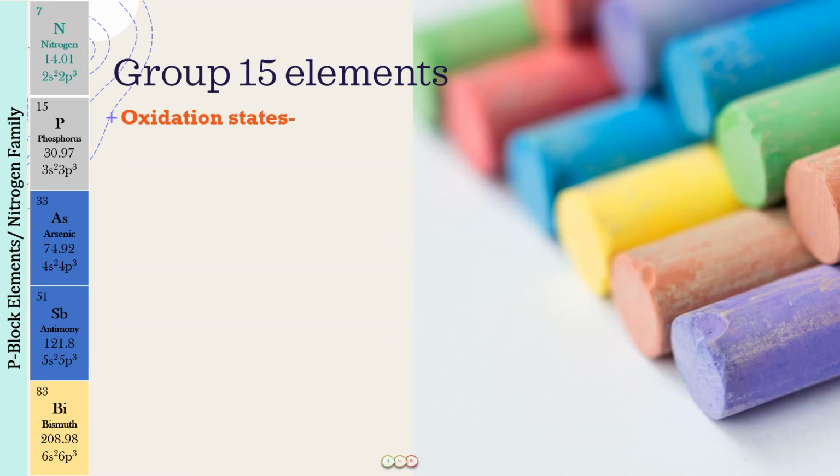All right, now the next important thing is that we have seen so many oxidation states for the group 15 elements, especially if I talk about nitrogen. You have seen that nitrogen is showing all the oxidation states from -3 to +5. So which are the most stable oxidation states for nitrogen? Can you tell me that? Well, I do not know whether you know that or not, but the answer is that the lowermost and the highest oxidation states are going to be the most stable. So what are the most stable oxidation states for nitrogen? They are going to be -3 and +5. I will be just writing that down also.